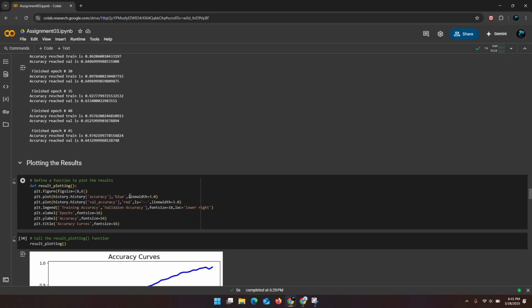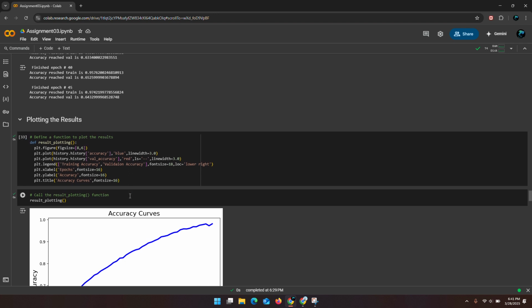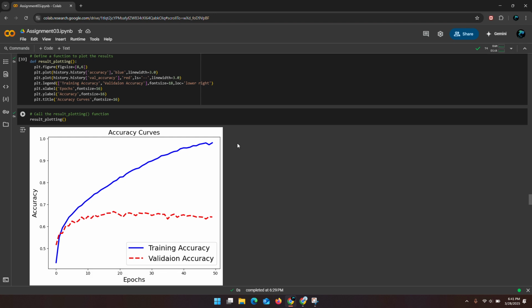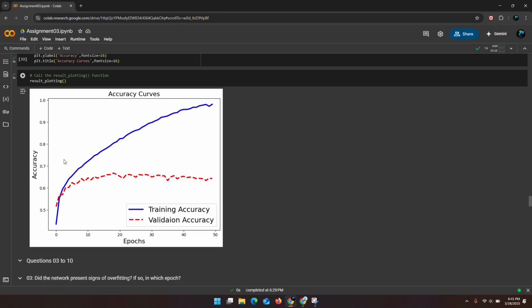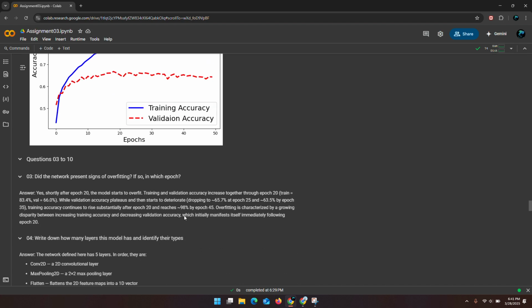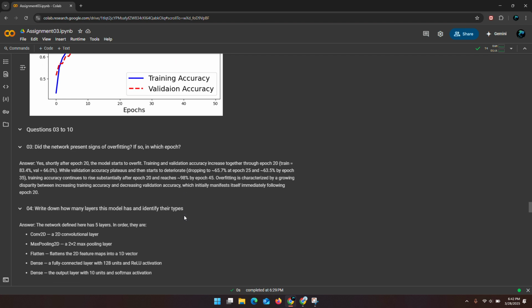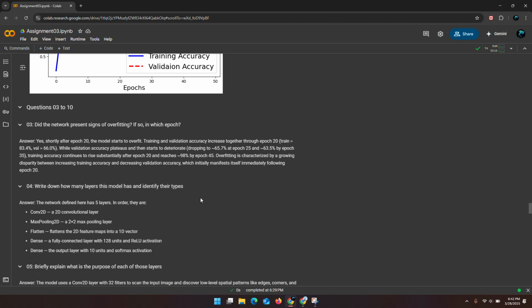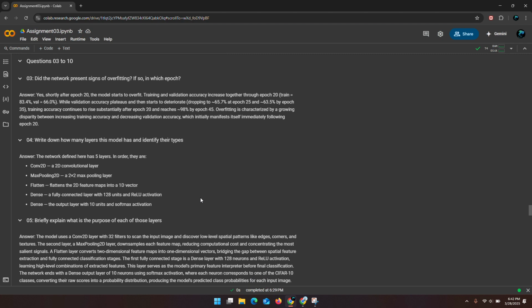So when we are plotting the result, you would see the accuracy curve plotted down there. That blue line shows the training accuracy, which is going pretty high, and the validation stays pretty consistent throughout the plane, right? So now the question arises, is it overfitting, and if so, in which epoch? I've written the answer, but in short I would say that after each 20 epochs the model starts to overfit, and that is the trade-off we have between training and validation accuracy,